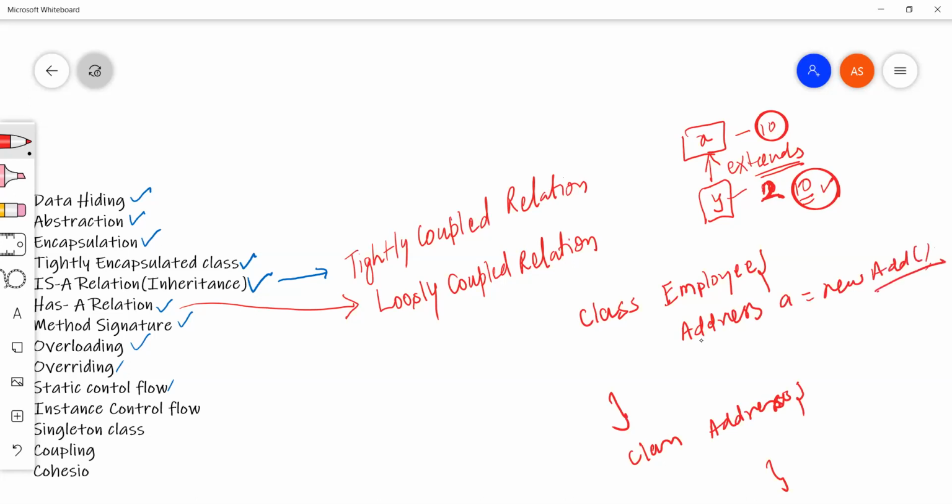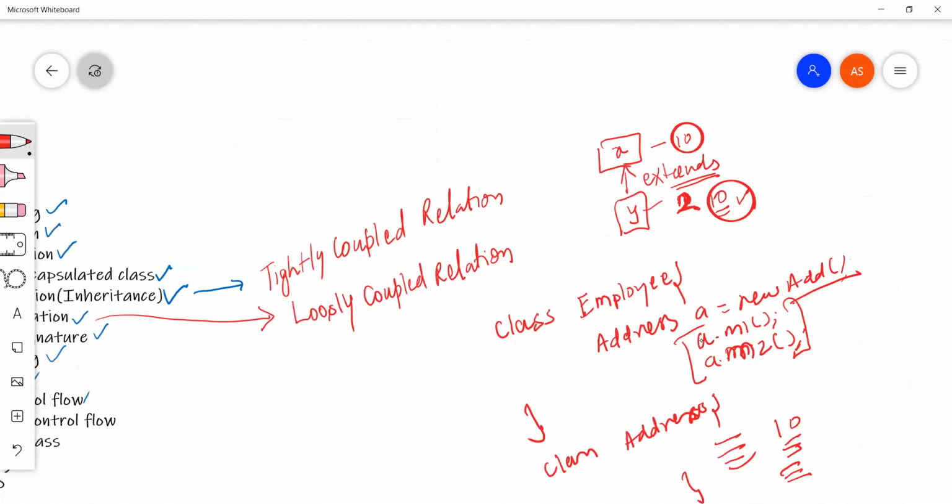For example, we have this constructor and some 10 methods, but we want to use only 2, let's say method M1 and method M2. We can call these 2 methods and do our work. We are not injecting all the methods which are available in this Address class. Getting my point? We are only using the functionality which we really want. This kind of relation we can say is a has-a relationship.